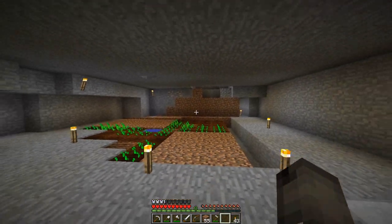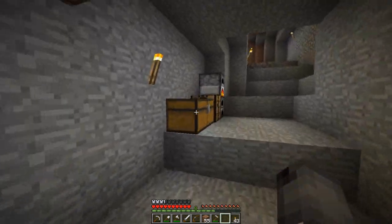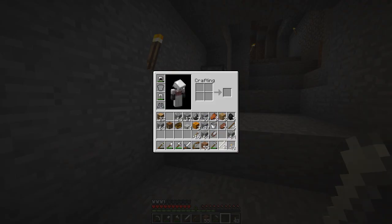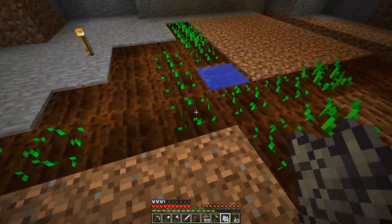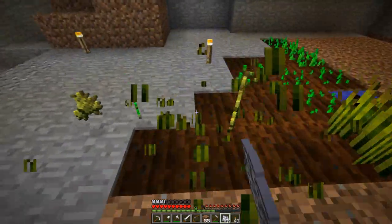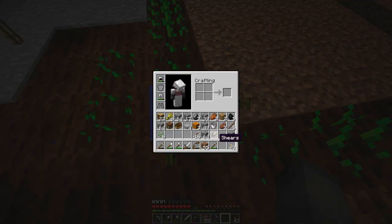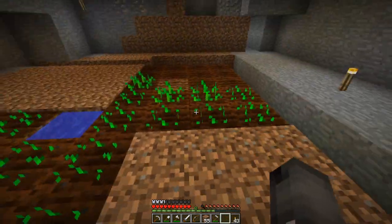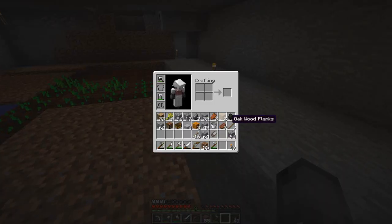Just to help light it up, because it needs to have a certain light level, otherwise the wheat will just pop off. Let's see whether we've got any bones. We've got 6. Let's use 2 of them, just to fill out the farm a bit more. See how it's just 1? That's how it should be. Oh, we got equal seeds, I think. Oh well, okay. So we've got that. Then we'll have...